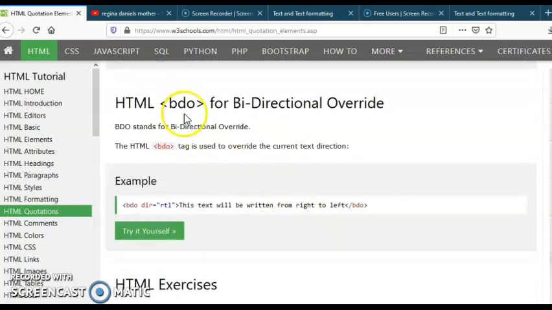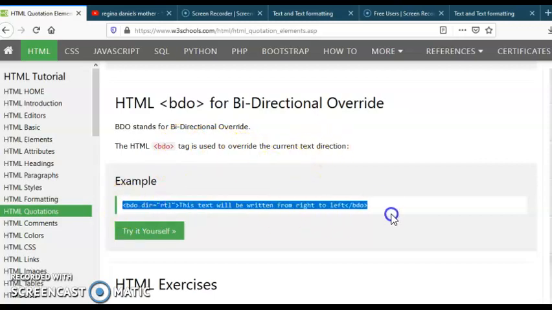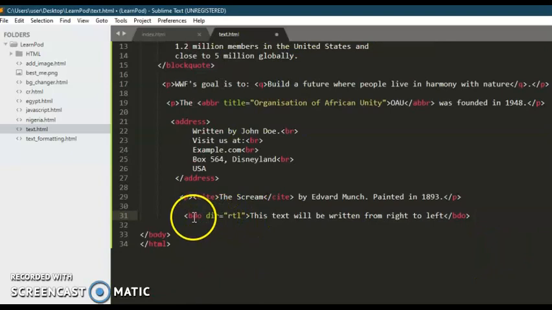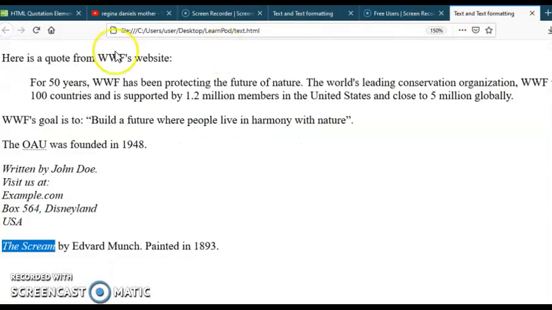And then this is the bdo, bi-directional override. It is used to override the current text direction. So we copy the code and then we put it right here. Now the idea is that this text will be written from right to left because we specified the direction, right to left. The other one is the LTR, left to right. Okay, so we save it and then we take it to the browser and then we reload. So you can see